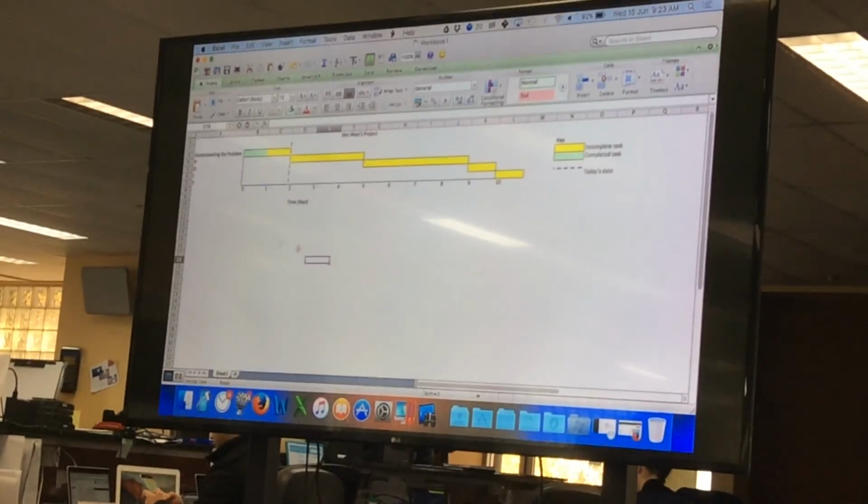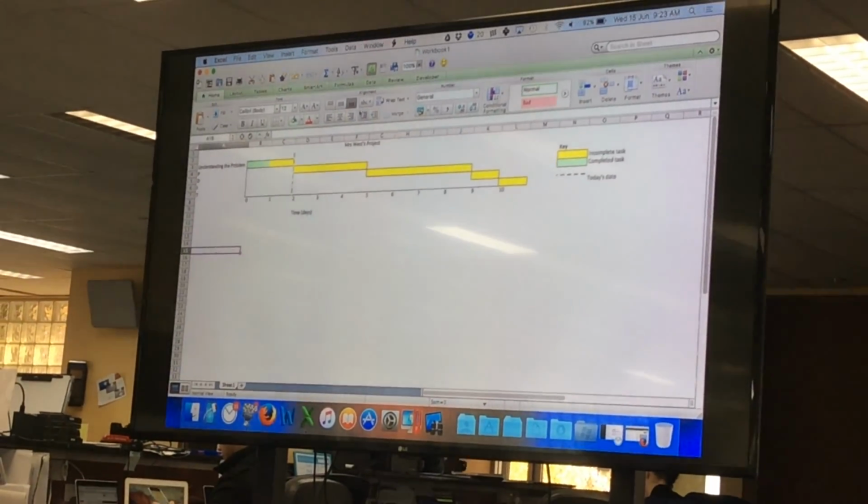Okay, now, if you want to get super fancy, the other way to do it, gentlemen, is to actually create a table